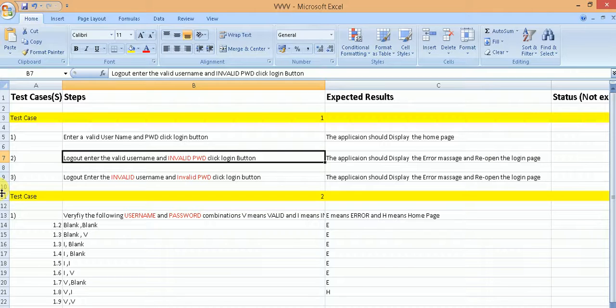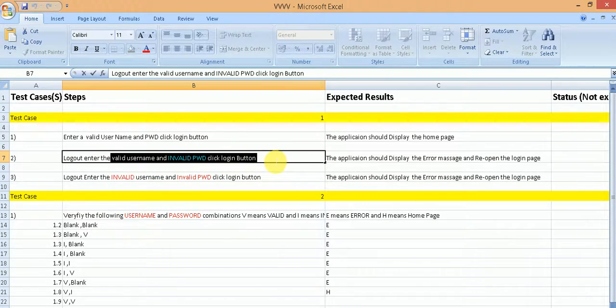So the step here is: log out of the application, enter a valid username but an invalid password. Here the inputs are partially incorrect, so this is a negative test.